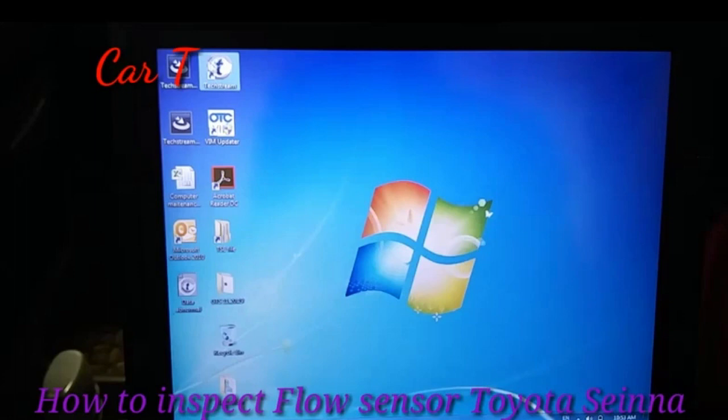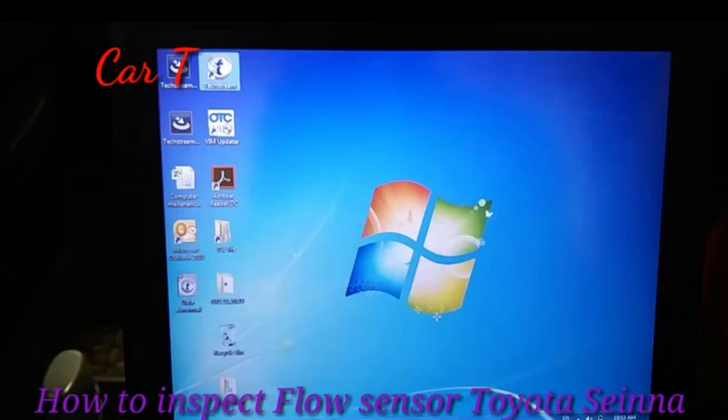The problem is a flow sensor. The compressor uses the flow sensor, which sends a signal about the gas volume or gas temperature. When the flow sensor is abnormal, the air conditioner is not cool.